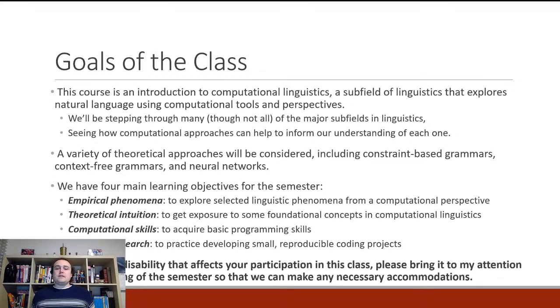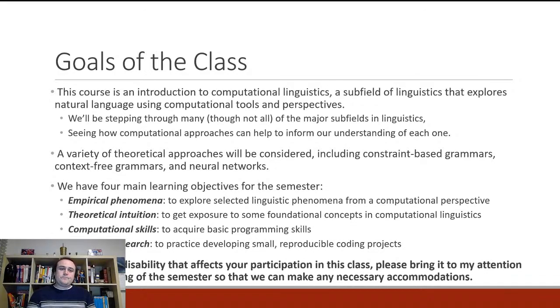So a variety of theoretical approaches is going to be considered. So things like constraint-based grammars, context-free grammars, neural networks. Again, probably most of y'all who have taken Linguistics 201 know what context-free grammars are. You probably learned about those in your syntax unit. But constraint-based grammars and neural networks might be a little bit less familiar to you. So we'll get into all that when we get to it in the course. But they're all, like I said, ways that computational tools can be used to help explore natural